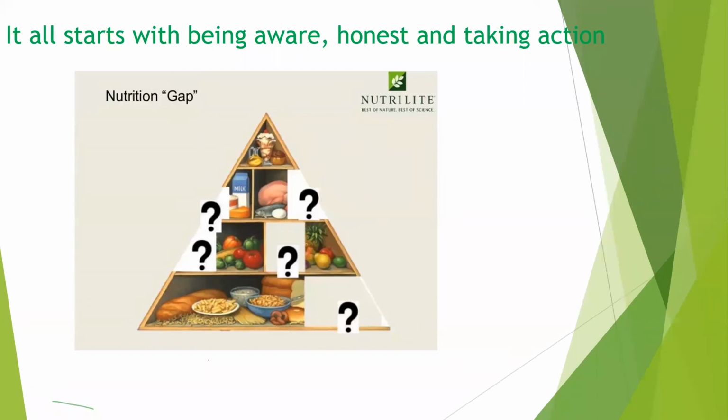Once you have achieved this, you have a good high protein, high fiber and low carbohydrate diet. You are taking care of all the colors, you are eating in the right way. Then the main thing is you have to be honest about your nutritional gap. So for example, for the 60 grams of protein I need to take, I need to take at least 10 glasses of milk or 8 eggs per day, or at least 8 to 9 katori of dal. And if I'm not taking that much, it means there is some nutritional gap.